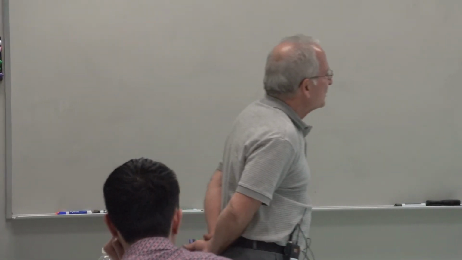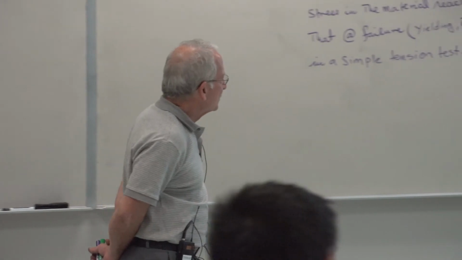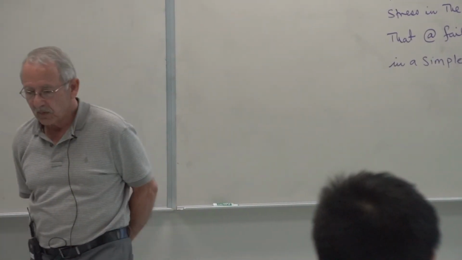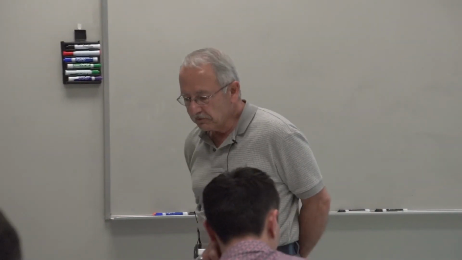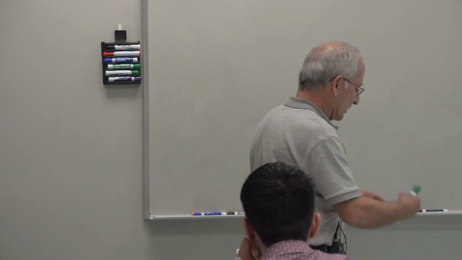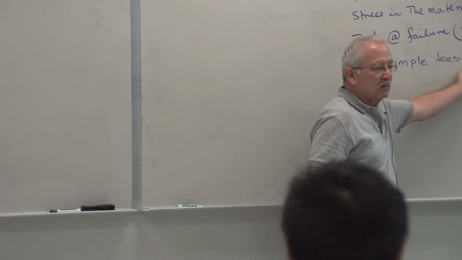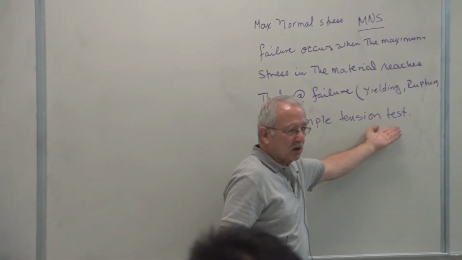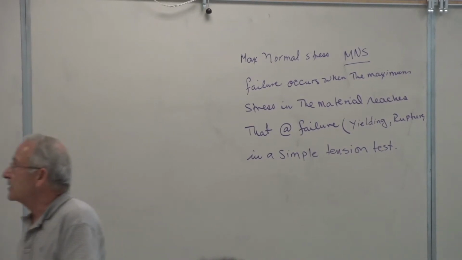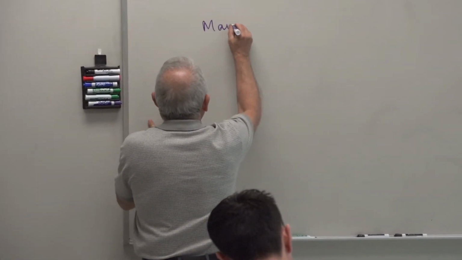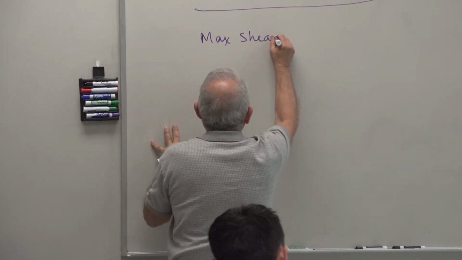The maximum normal stress theory, although simple to use, does not give you good results in all circumstances. So a different failure theory, that of the maximum shear stress theory, is devised. And very similar to this, it's always compared to a situation in the simple tension test. This theory, called the maximum shear stress theory,